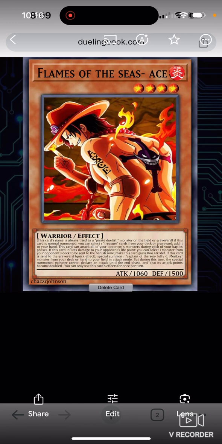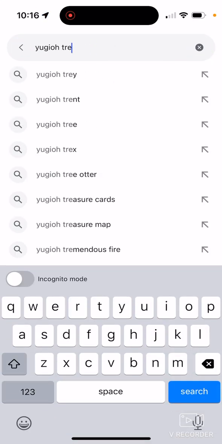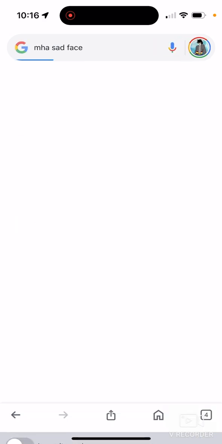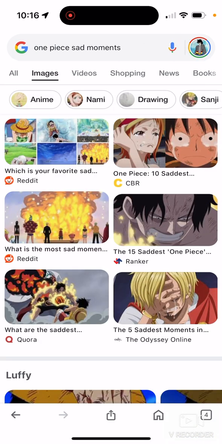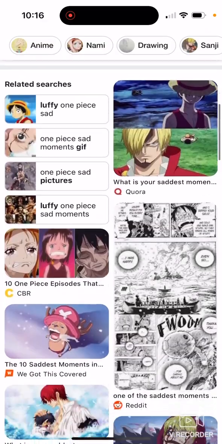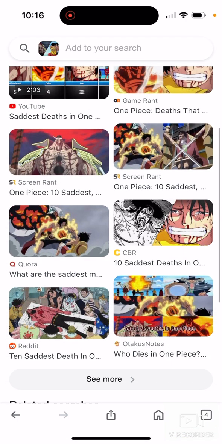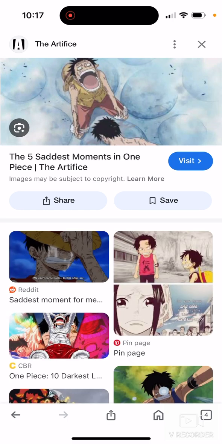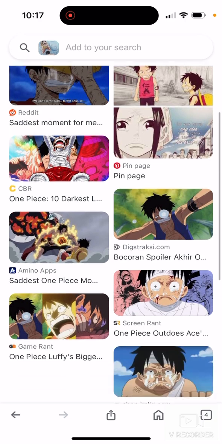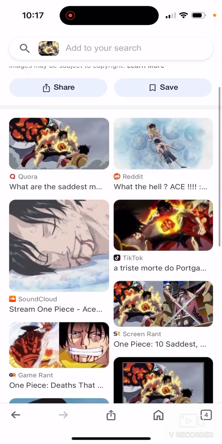So basically, let me show you what I mean. That last effect, like he special summons... Saddest moments, where is it? So if, say, Ace dies, then basically Luffy gets special summoned,